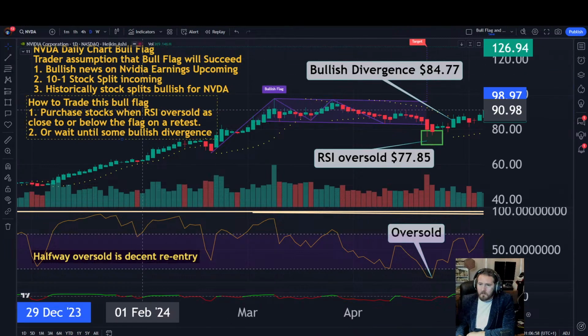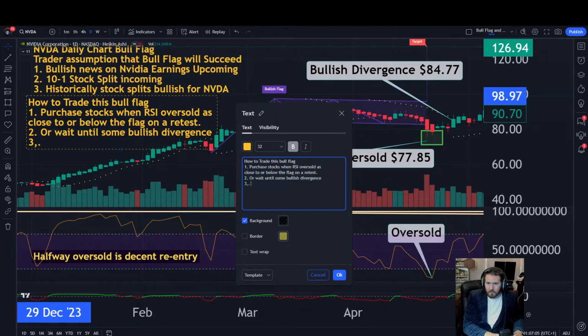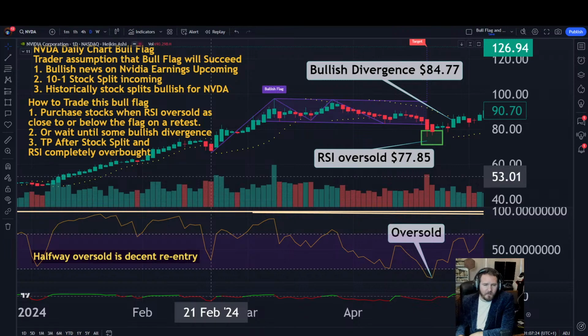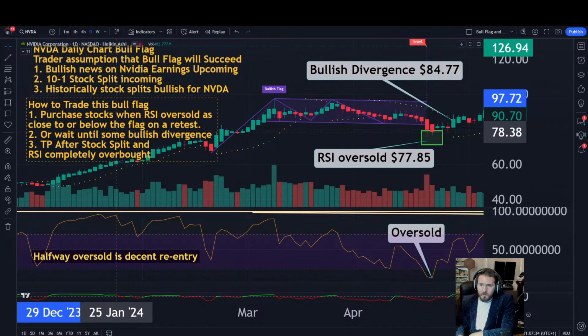And then after they accumulate the stock, take profit when it's completely overbought after the news. So three, take profit after the news comes out. Let's just wait until the stock split and RSI completely overbought. So it's just two simple requirements. This would be your plan for the trade for Nvidia. This has historically worked for Nvidia over the past 10 years. If you just want to make one quick trade for the year, you would purchase